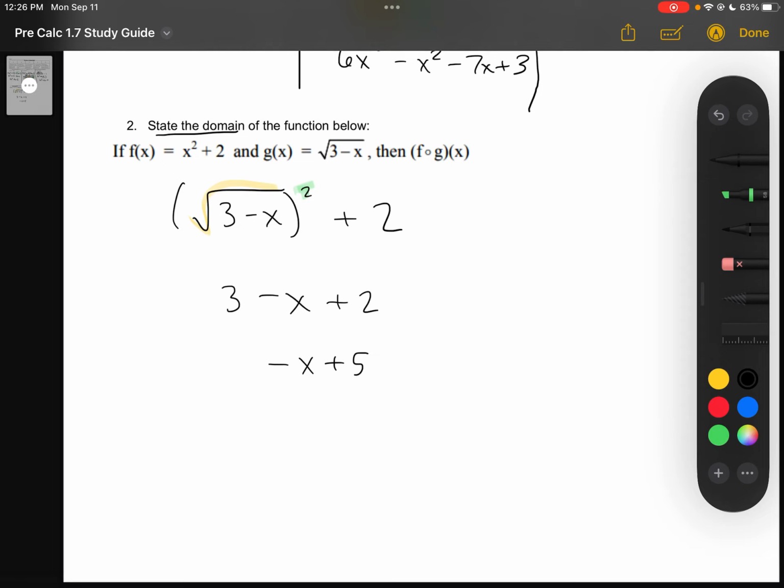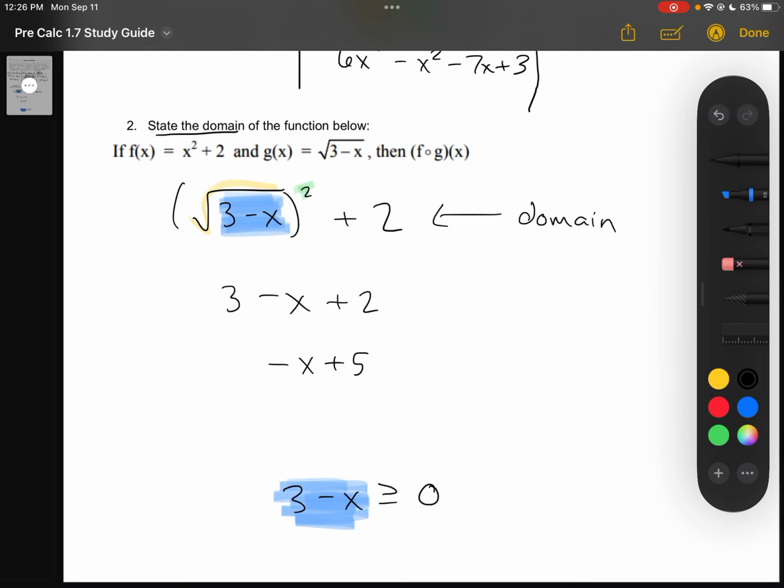And the one thing that we want to be careful of is before this is squared, we have to make sure that we're taking the domain from this step, not from our final step. So while it is good, we can cancel some things out. Before we cancel them out, we still have to plug in that x value into the function. So in this step, we have to make sure that 3 minus x is greater than or equal to 0 to make sure that the inside, right here, the inside of our root is positive